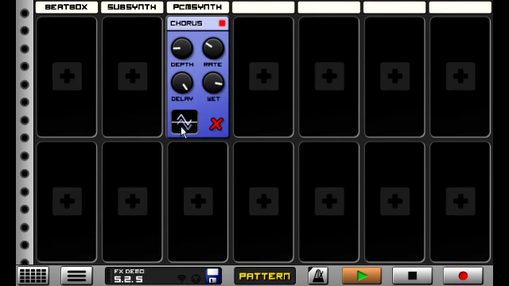Now, I didn't explain this box on the flanger. This box controls how the effect oscillates around the dry signal. So right now we've got both channels of this stereo PCM synth oscillating in sync with each other using a triangle wave. So we can change this to a sine wave,